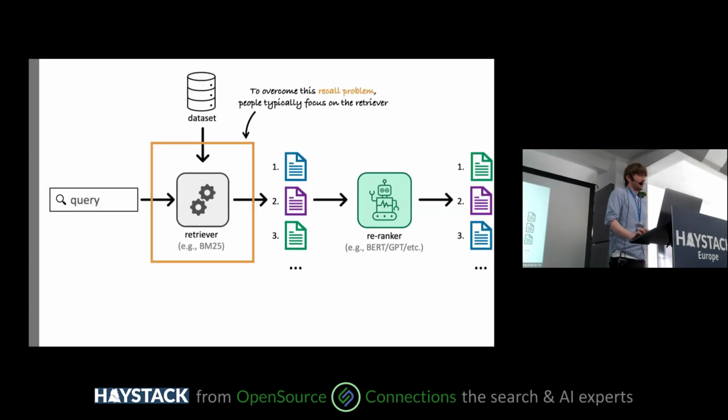To address this problem, people have thought about all sorts of solutions, and the typical go-to place to address this recall problem, as you would call it, is to focus on the retriever. It's a natural place to look. The retriever misses something, so you want to fix the retriever so it doesn't miss those things. People have come up with all sorts of great approaches for doing this: dense retrieval, learned sparse, hybrid, et cetera, in order to try to enhance this pool of documents that the re-ranker gets, so that you don't miss what you're really looking for.